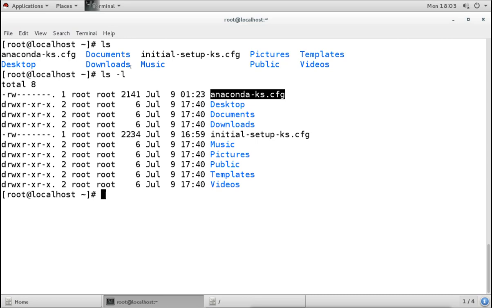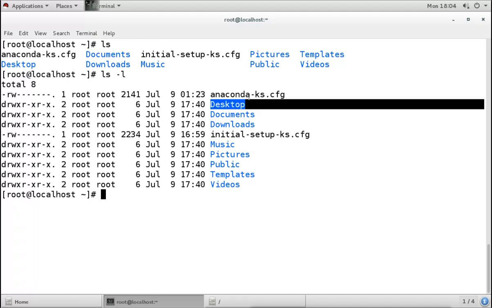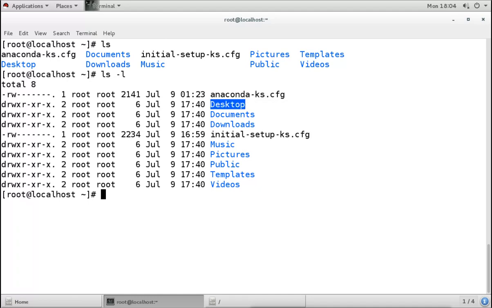Now what are these attributes? First, the first part, this one, indicates the type of the file. As you see that hyphen here, the hyphen means it is a normal file. As we see, it is a black color, it is a normal file. Now the next is what? Here you can see it is d. The d means directory. So whenever we have a directory, you will see d here.